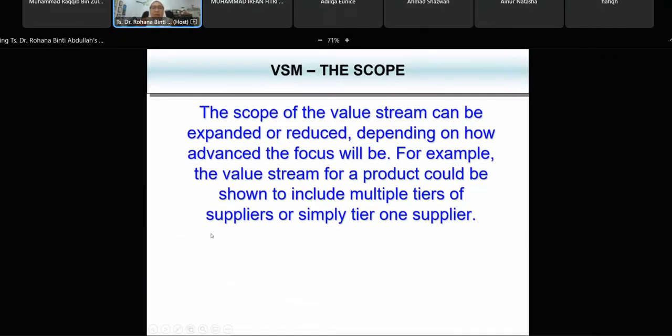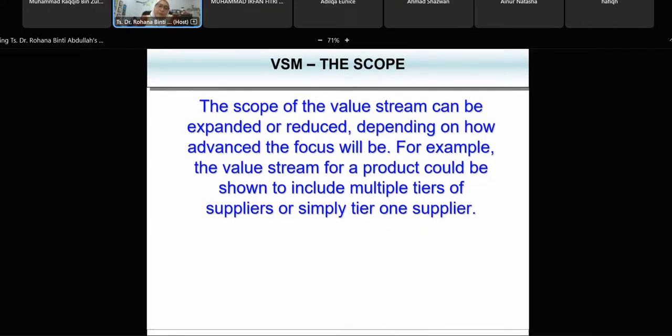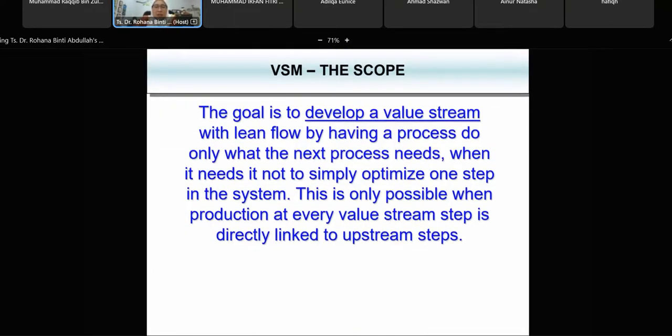Right, the scope of value stream map can be expanded or reduced depending on how advanced the focus will be. For example, the value stream map for a product could be shown to include multiple tiers of supplier and simple tier of one supplier. Normally kita pakai simple tier lah, tapi kita boleh juga buat, we can do multiple tiers of suppliers depending on how our value stream looks like, right? So, of course, the goal is to develop a value stream map with a lean flow, right? So,